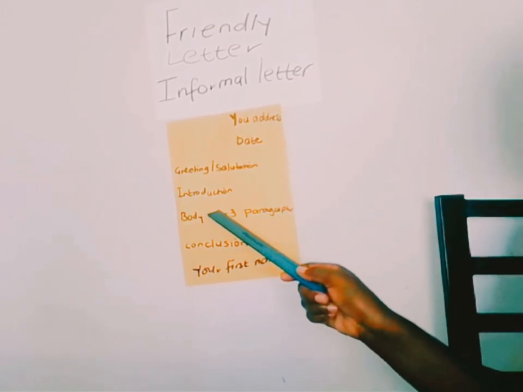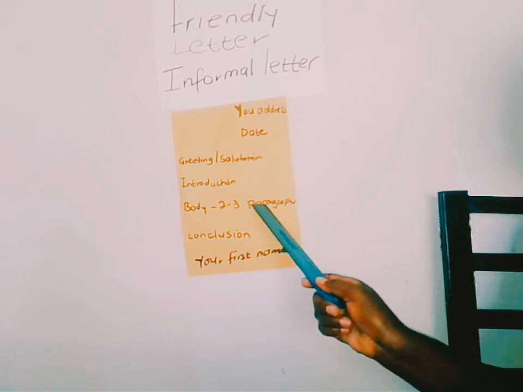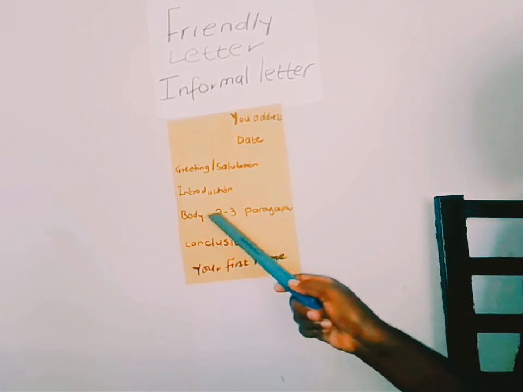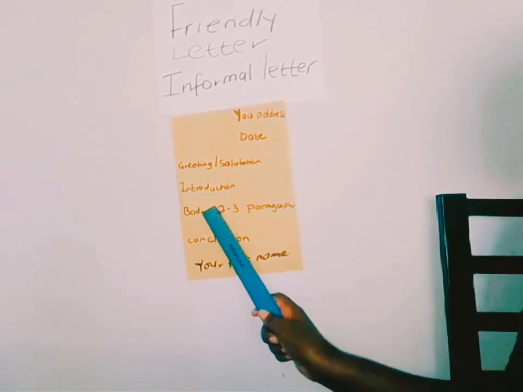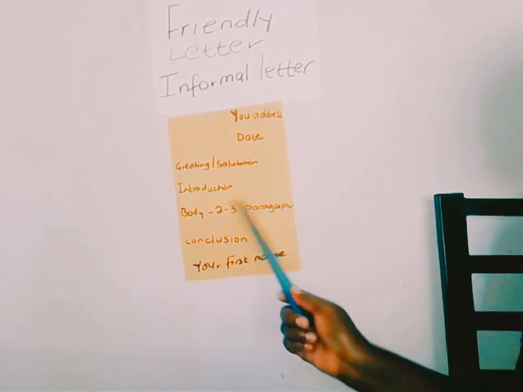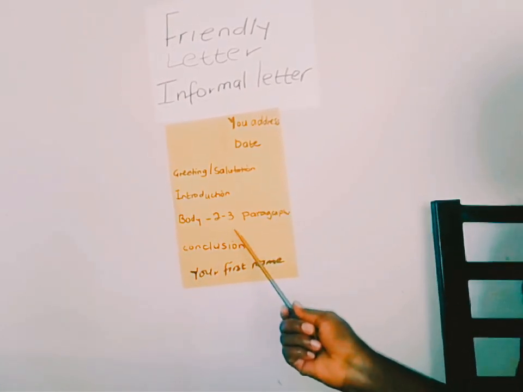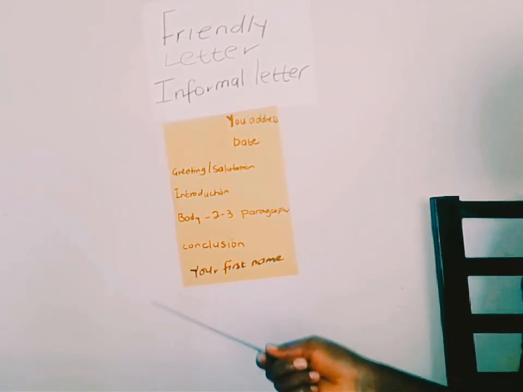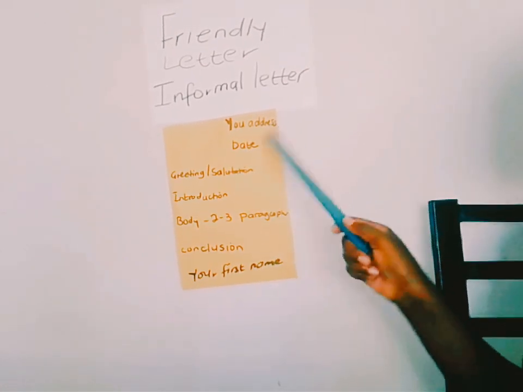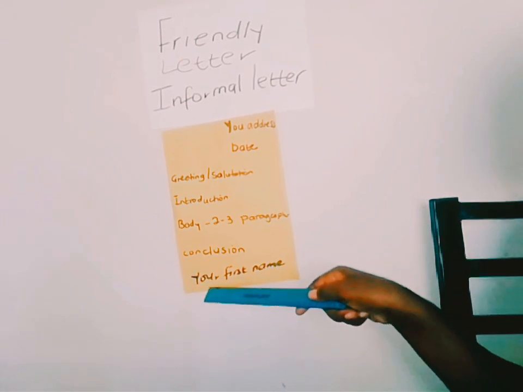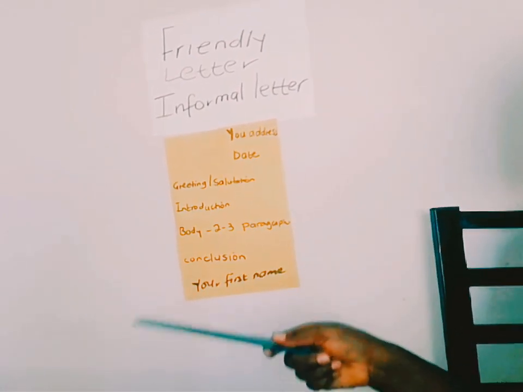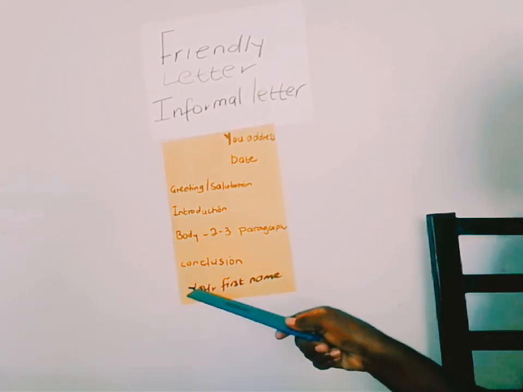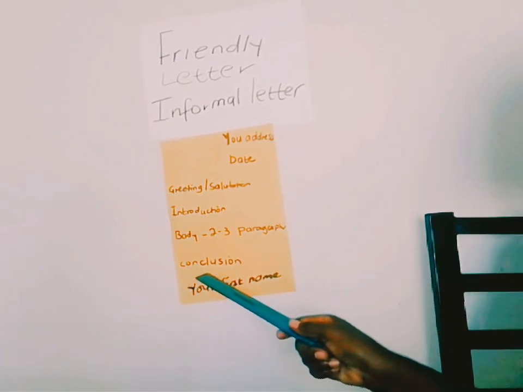Your body should be at least 2 to 3 paragraphs. This will be guided to you through the prompts, especially if your letter is asking you to use prompts. You have to follow the prompts here. And after your body, you are going to have a conclusion and then your first name. You need to have your first name like Lynn or Paulina, because you assume that your friend knows already who you are. Or if you are writing to your father or your mother, there's no need to say Paulina Abiatal, because your father knows you already. So that is why we are saying it's just a friendly letter. Okay.